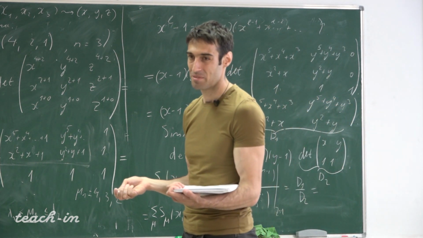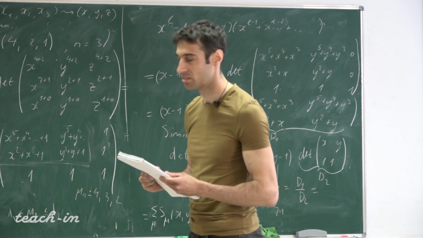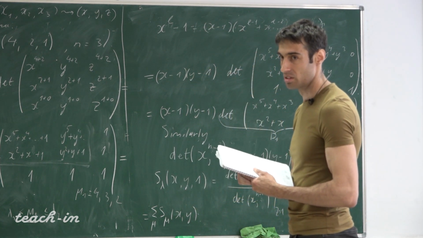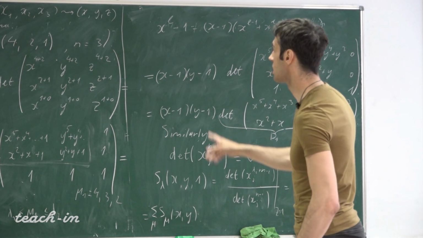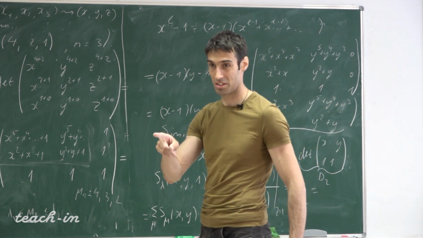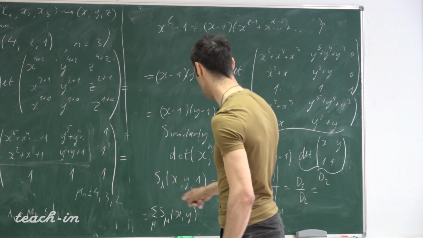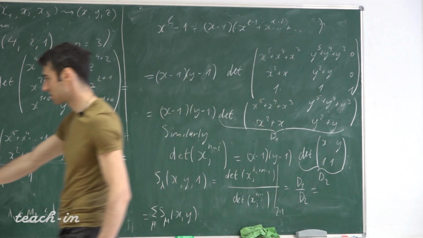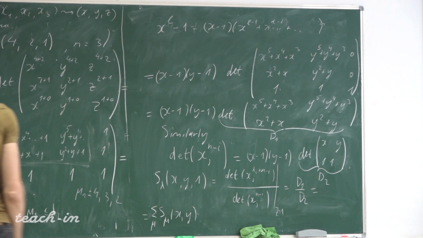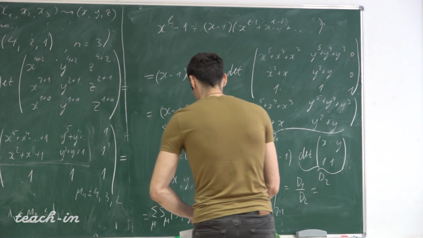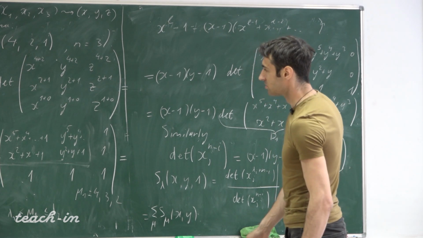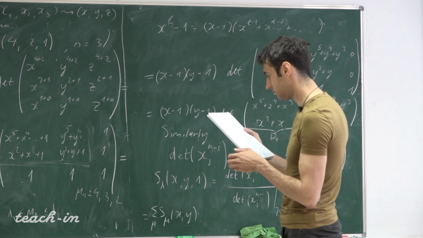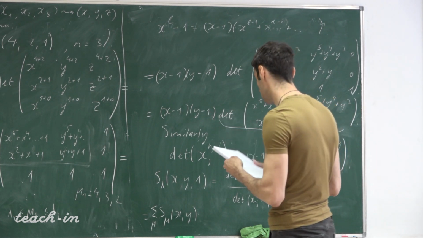Okay, so we did this for a particular case of lambda where we assumed that n equals 3 and lambda is equal to 1. Yes. We didn't finish. We proved only for z equals 1. But then we need to prove this. But this is done by actually noticing that S lambda,